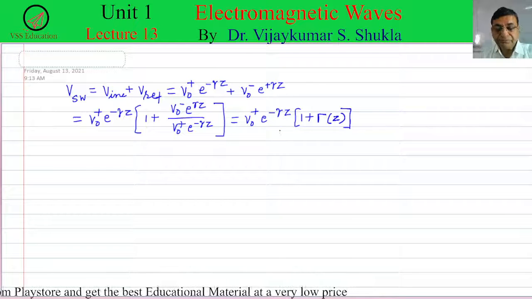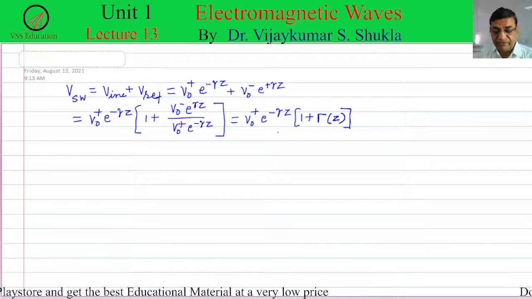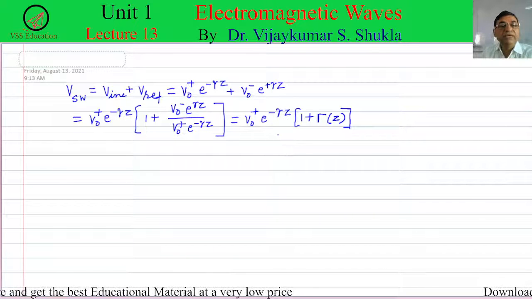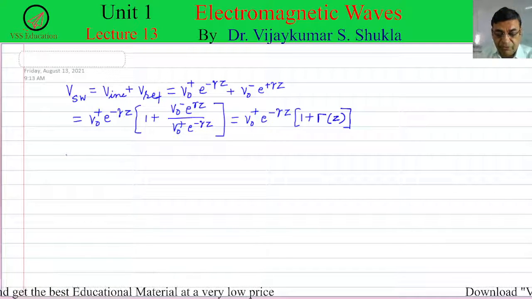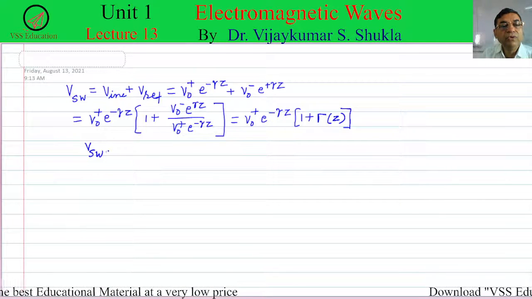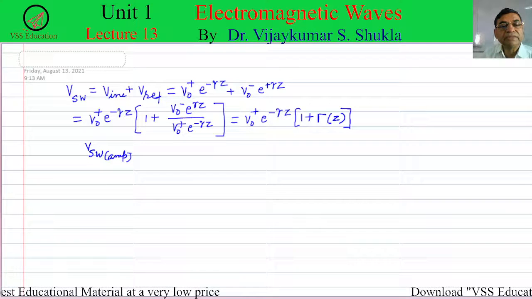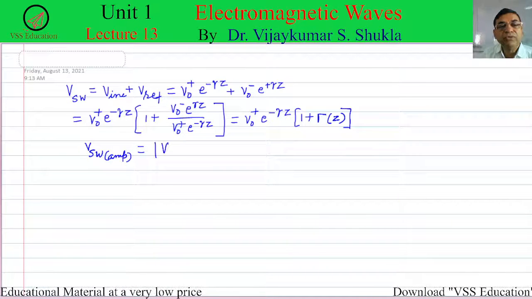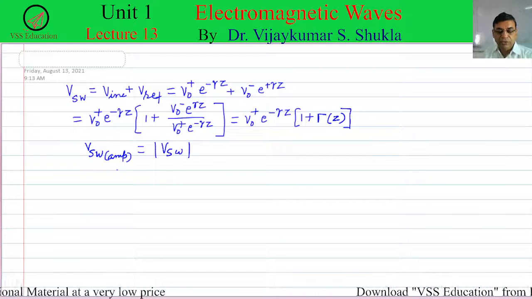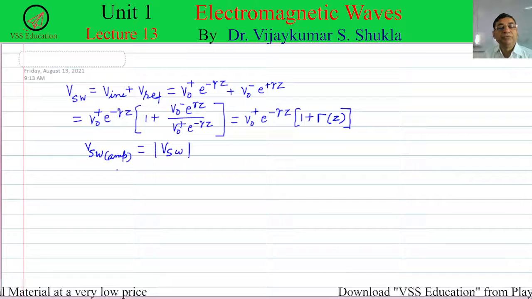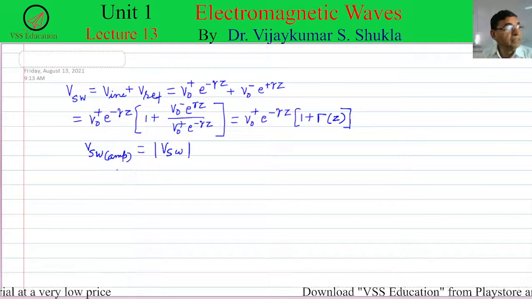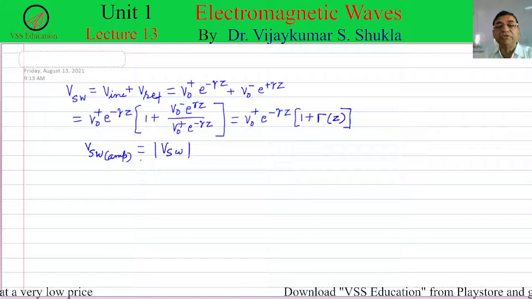So now if we see the standing waves with time, we will see that this amplitude, mod VSW, if we take the amplitude, so we can write here VSW amplitude. Let us write this as mod of VSW. Okay, so if we see this amplitude of the standing wave, I am talking about the amplitude of the standing wave, please note. So if we talk about the amplitude of the standing wave that is being formed,